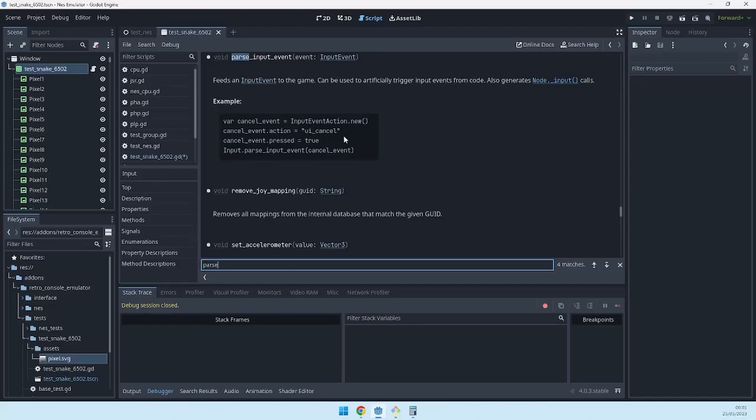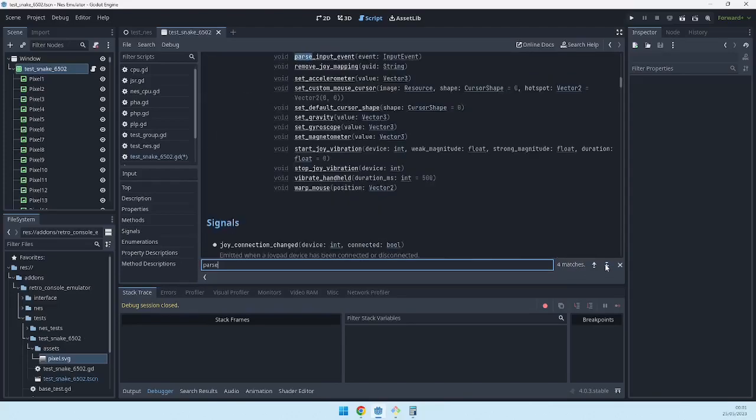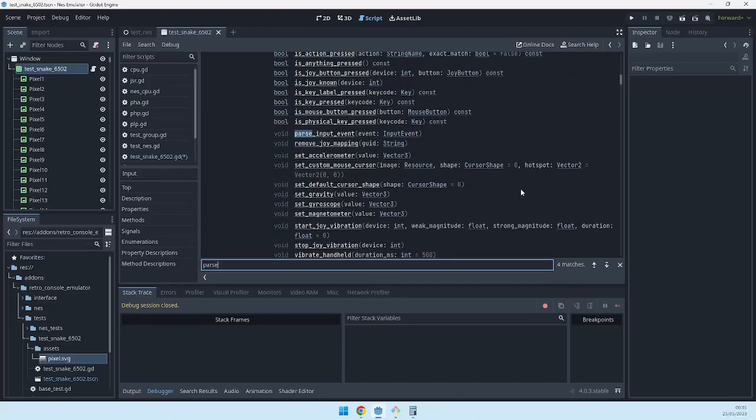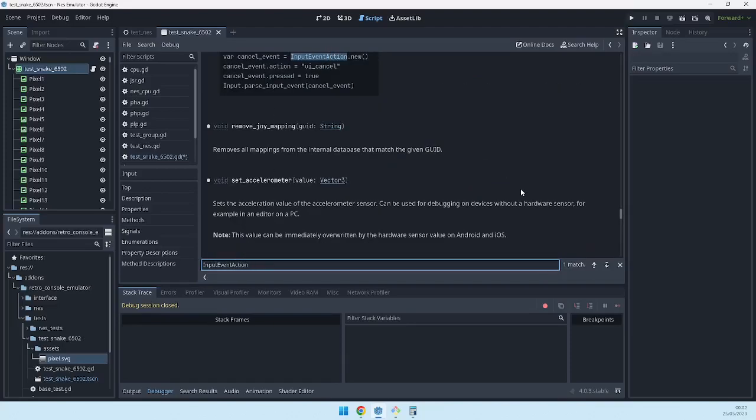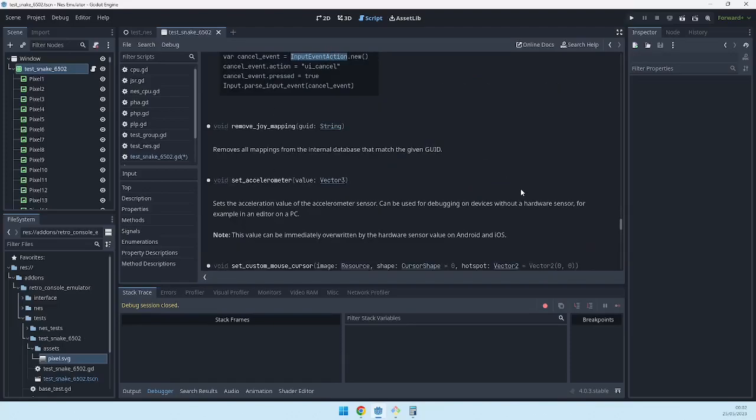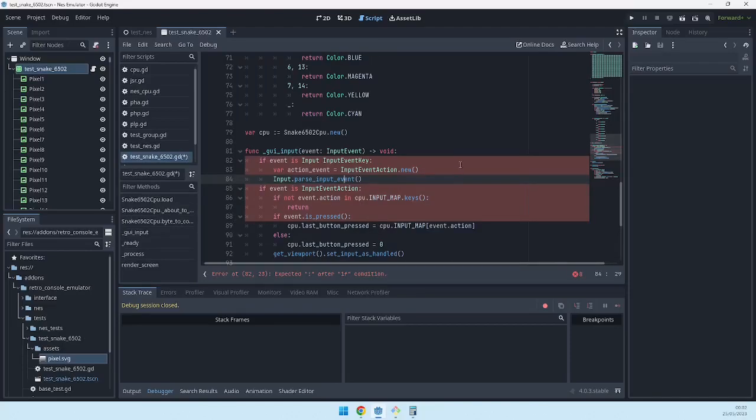It creates, it injects the event. So if I search input event action, it's the only usage I find. Yes. Okay, so